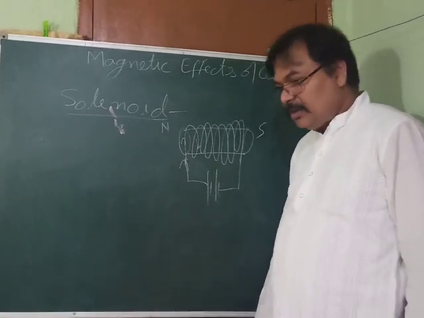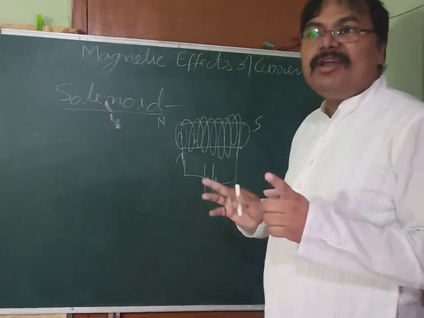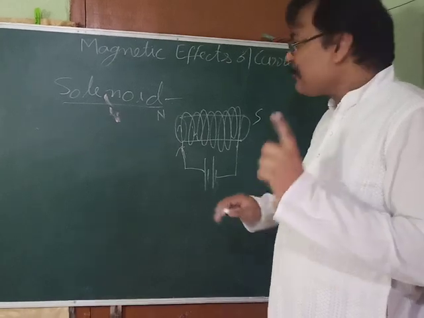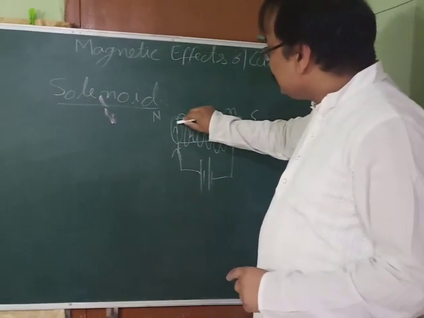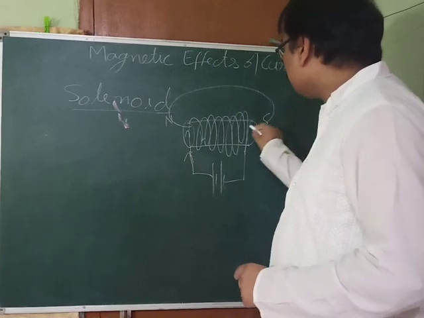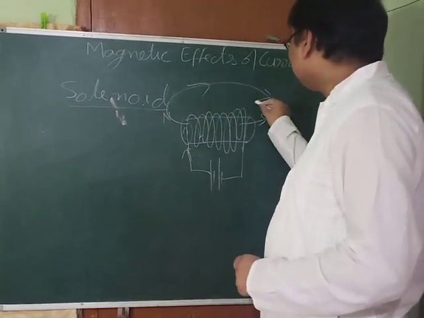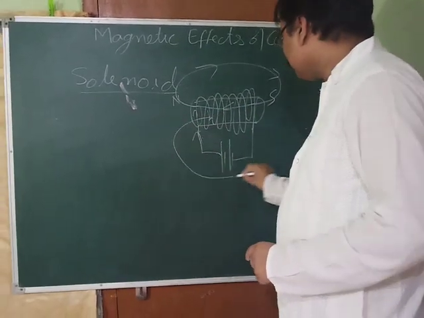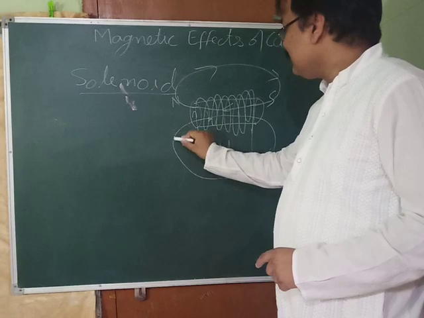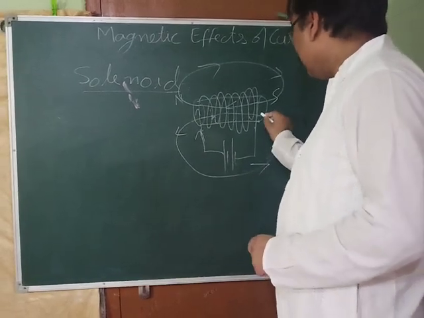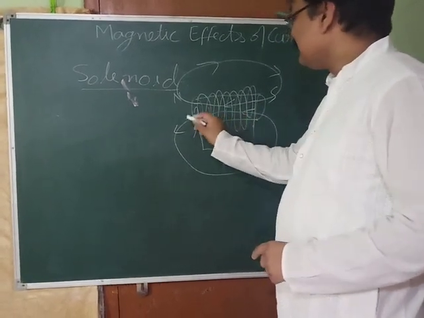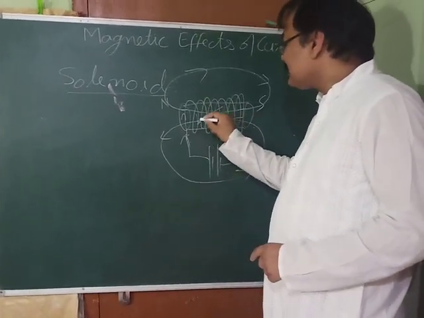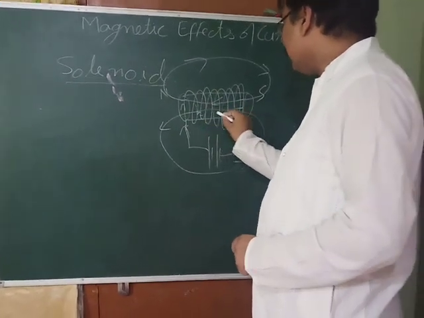Now, do you remember in a bar magnet, magnetic field lines come out from the north pole and terminate at the south pole outside the magnet? That property. So in the same way here also, the lines will start from the north pole and go to the south pole. It's like this, and inside, it will go like this. Here also, it will come out from the north pole and go to the south pole, and inside it's like this. And what you will find, the lines are parallel and equidistant inside. You can draw some more like this.